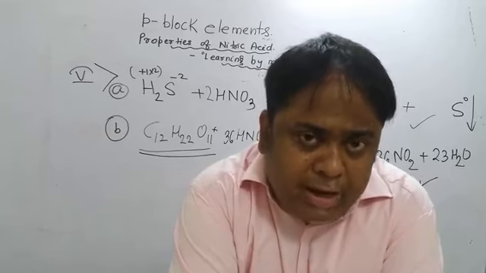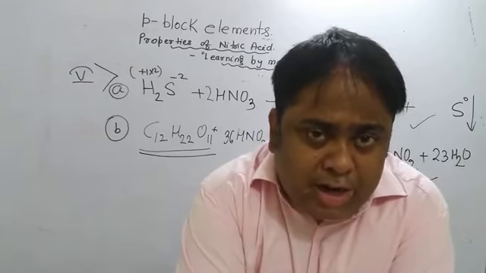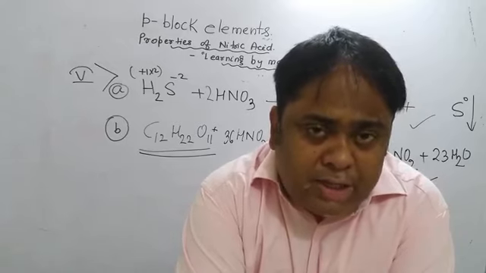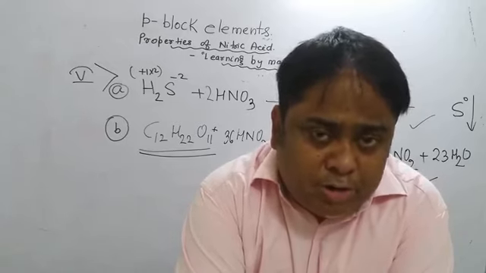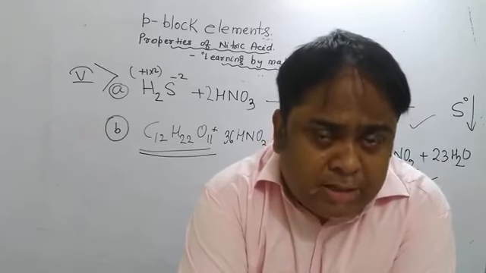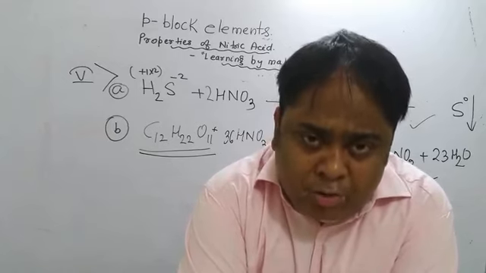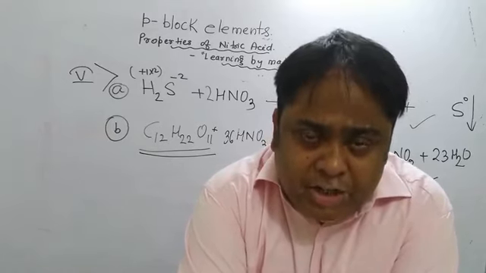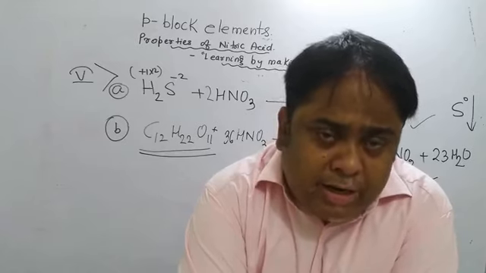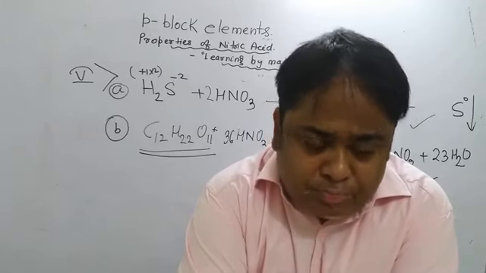Now, why does nitric acid not give hydrogen gas when reacted with metals, like any other acid which reacts with metals to form hydrogen gas? Because nitric acid is a strong oxidizing agent. So with moderately active metals and less active metals, it does not give out hydrogen gas. However, with magnesium, manganese and zinc, when dilute nitric acid is used, then hydrogen gas does come out.